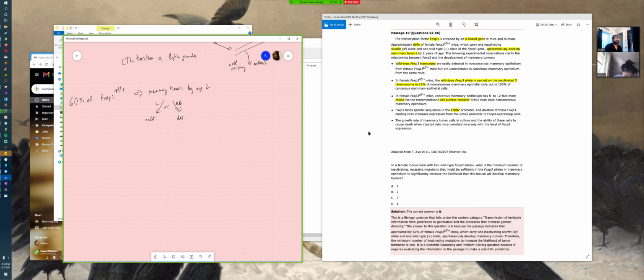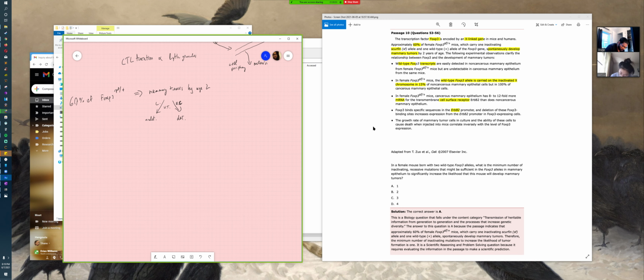All right. In female, okay, the wild type FOXP3 is carried on the inactivated X chromosome in 15% of non-cancerous mammary, about 100% of okay. So that means if the cell has cancer, then the allele will be on the inactivated X chromosome. Right? Yeah, in 15% of non-cancerous, right. But 100%. Okay, so